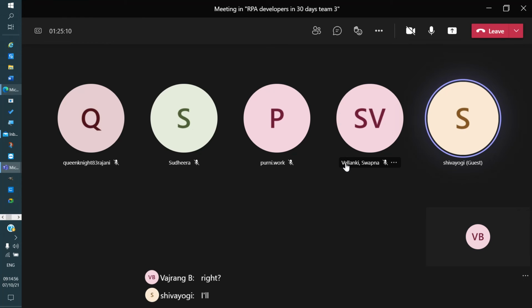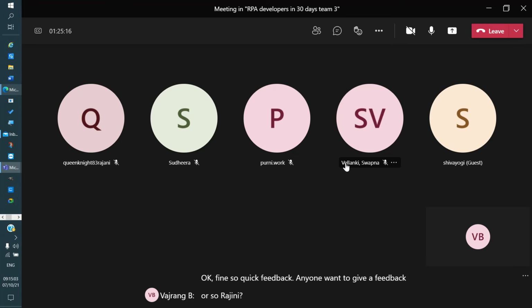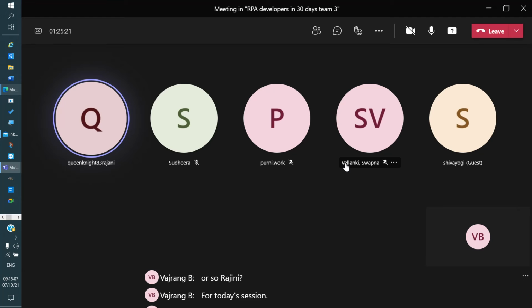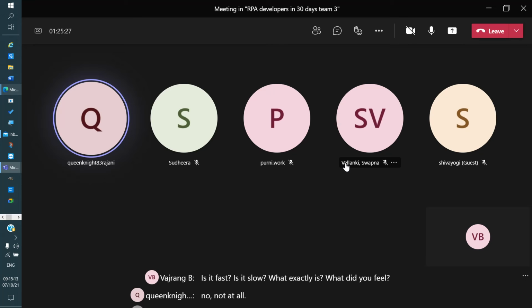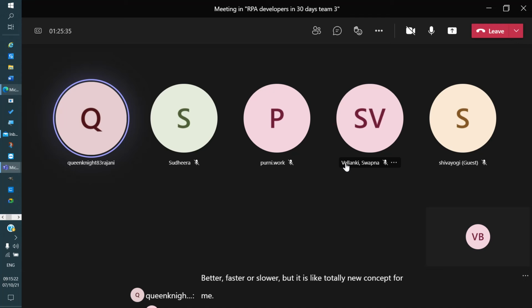Okay, fine. So quick feedback. Anyone want to give feedback? So Rajni, for today's session, is it fast? Is it slow? What exactly did you feel? No, not at all comparable, fast or slow, but it was a totally new concept for me. Also, I've gone through one link that is available in your Teams where we get more details on GitHub.